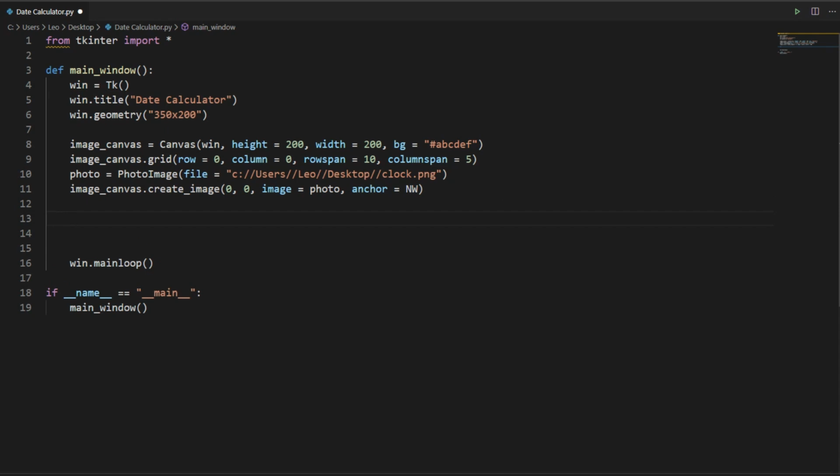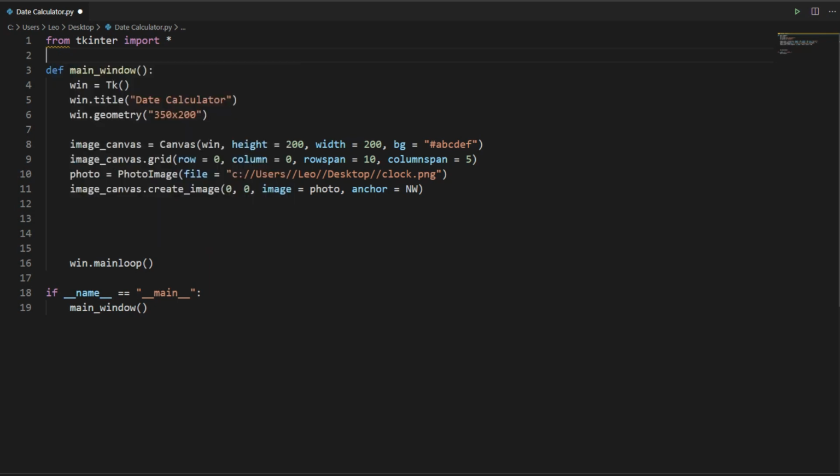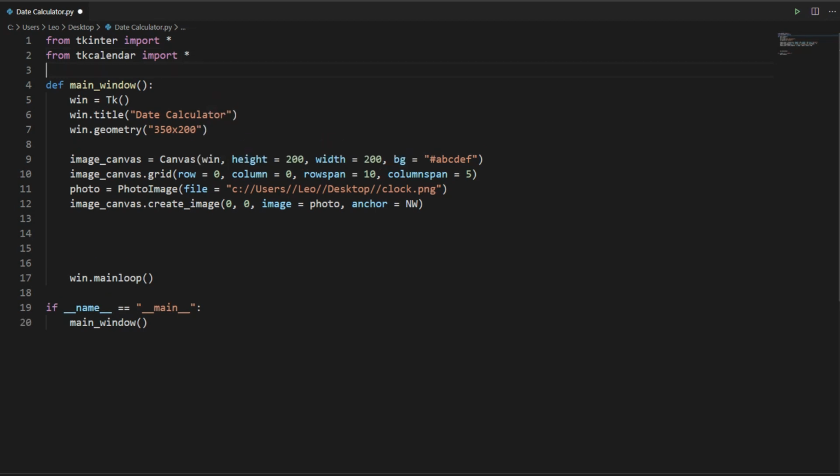Now let's add calendars to our window. In order to add calendars to our window, we need to import calendars. So we'll simply write from tkcalendar import DateEntry. We can use calendars over here. Now we need to create our object of calendar, so we will call it first date.